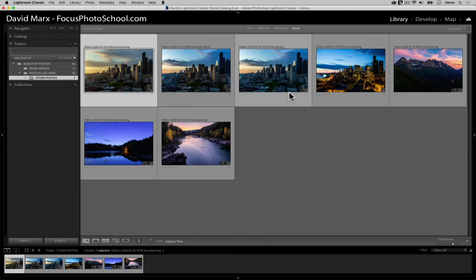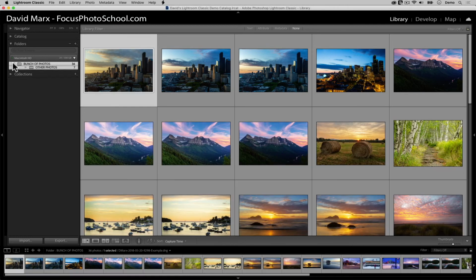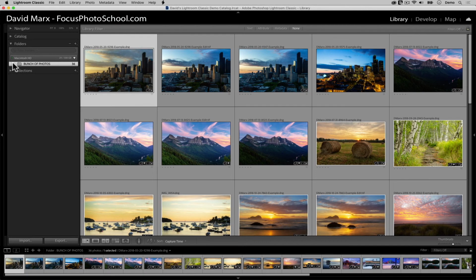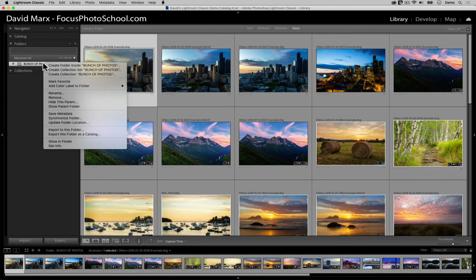There's one other command that can be very helpful at this point when you're moving folders around. To find this command, I need to right-click on one of the upper level folders here in this panel. By upper level, I mean a folder that is not a subfolder. To find this command, be sure that you click on a folder that is not indented inside a bunch of others. When I right-click, a menu will appear. In this menu, there's an option that says Show or Hide Parent Folder.